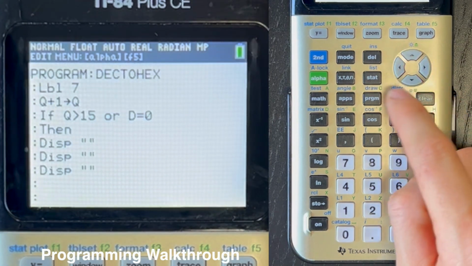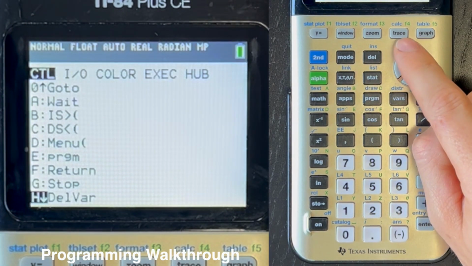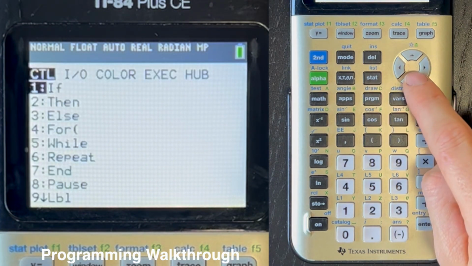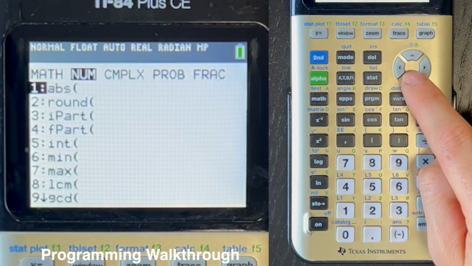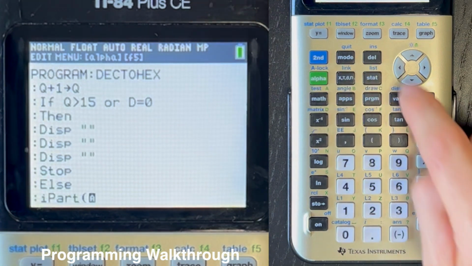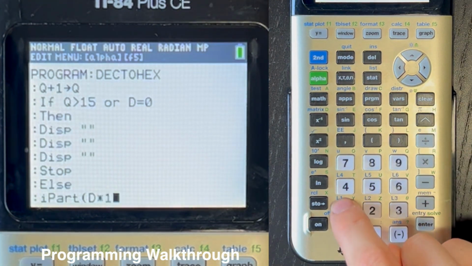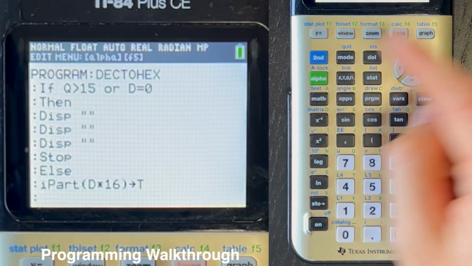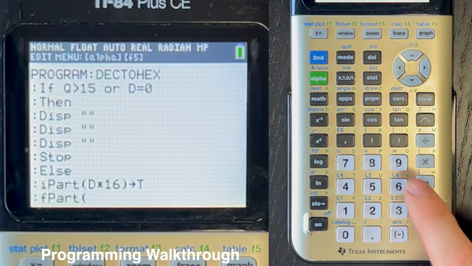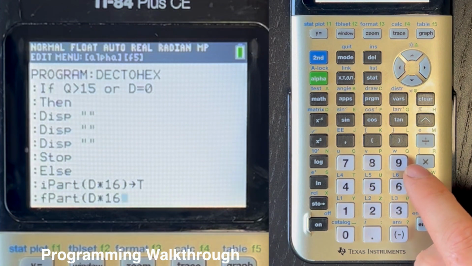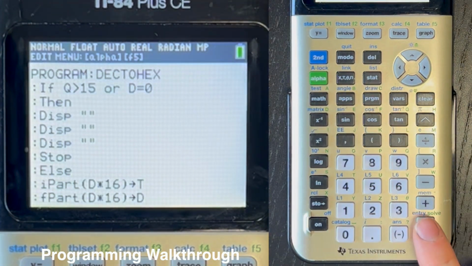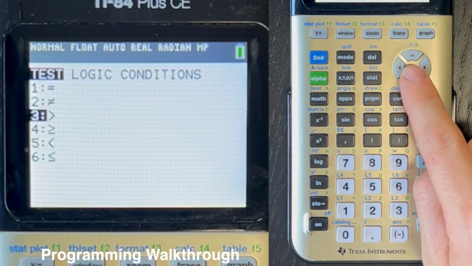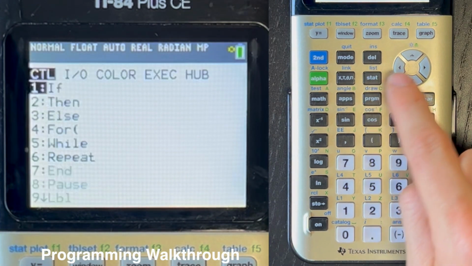then program, then scroll down to the Stop command, enter, program Else, enter, program, or sorry, math, and scroll down to I part of alpha D times 16, store as alpha T, and then program, again, math, F part, alpha D times 16, store as alpha D. And then If alpha T is less than 10, enter, program Then,